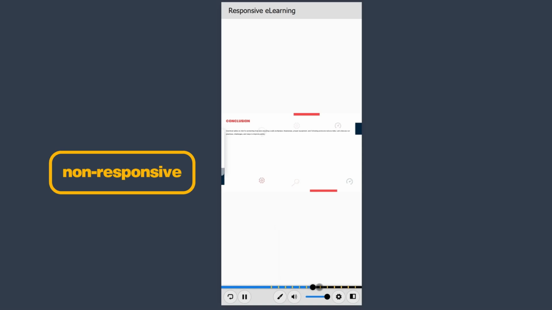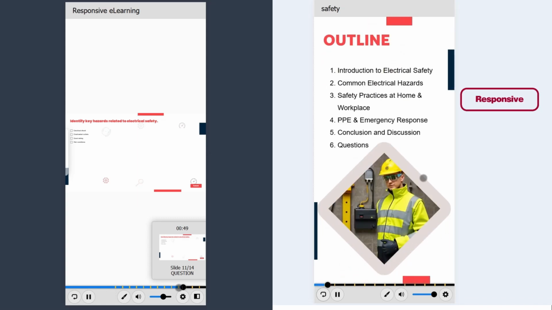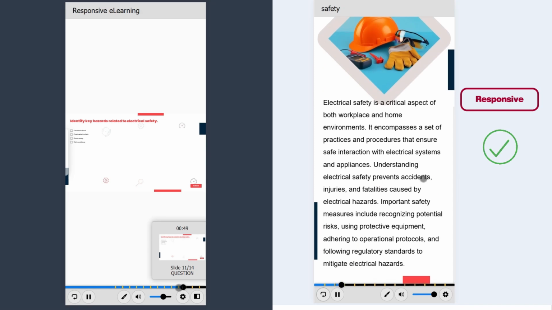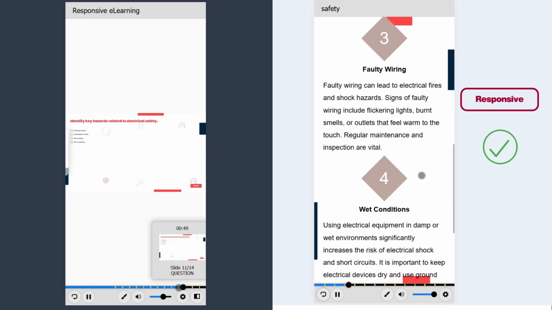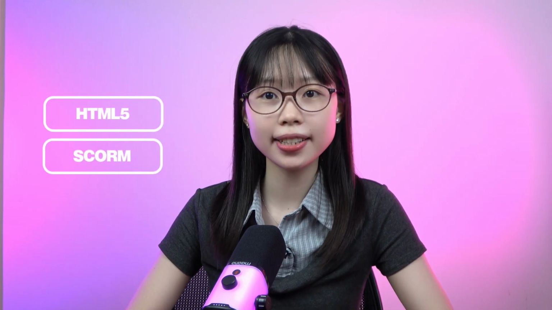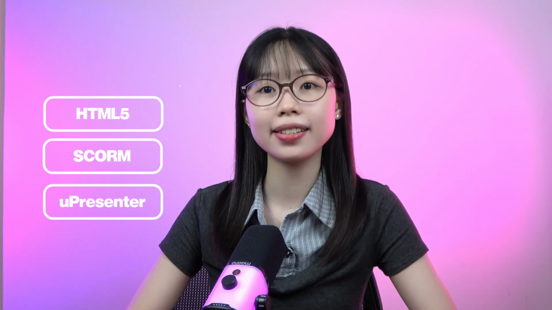A non-responsive e-learning course has a fixed layout, so the content keeps the same size and arrangement on every device. On the other hand, a responsive course intelligently rearranges and resizes content, so everything stays readable and easy to interact with, no matter what device your learners are using. You are even able to export an HTML file or an LMS-ready package like SCORM and xAPI, and even a lightweight LMS,